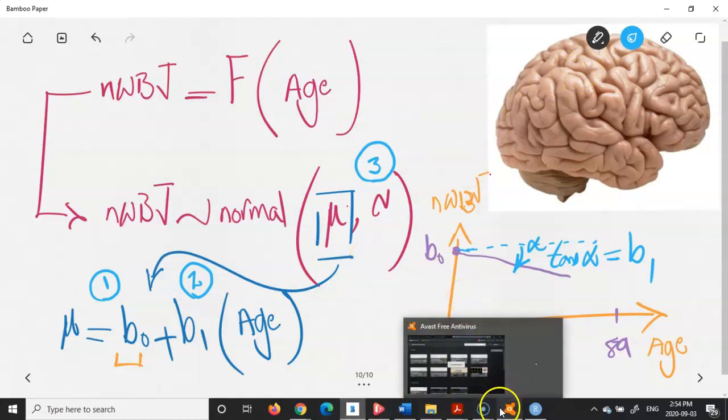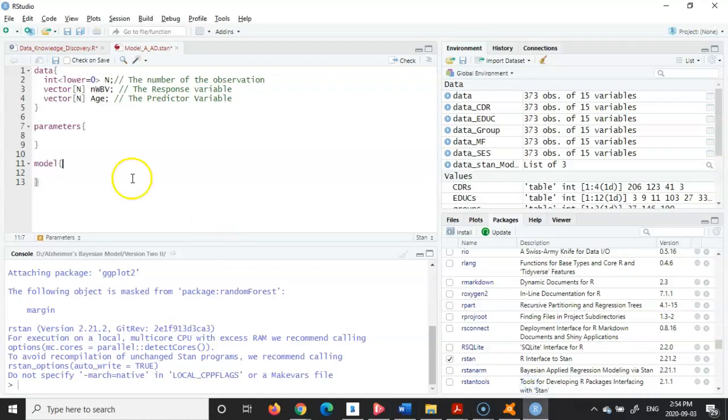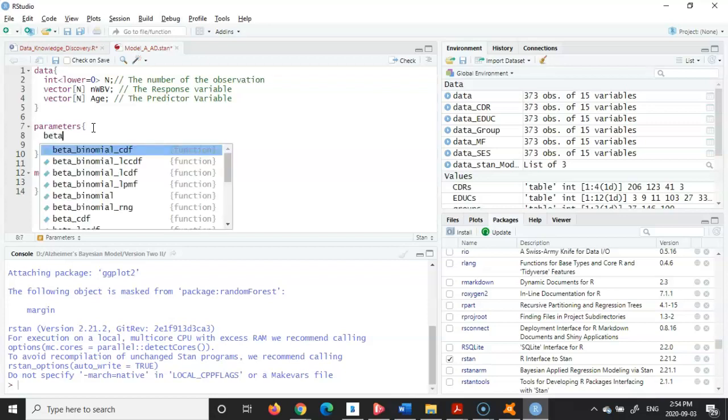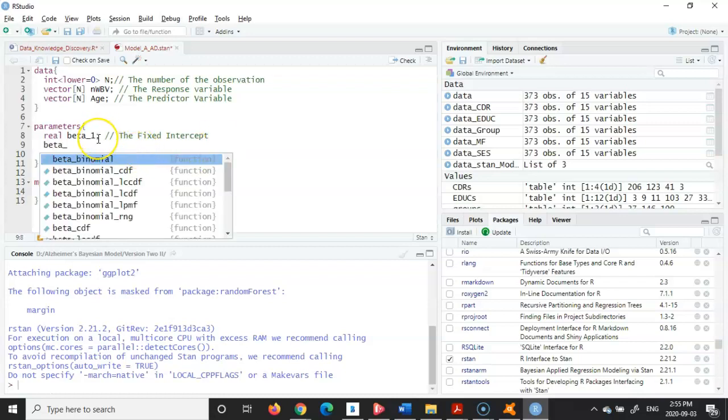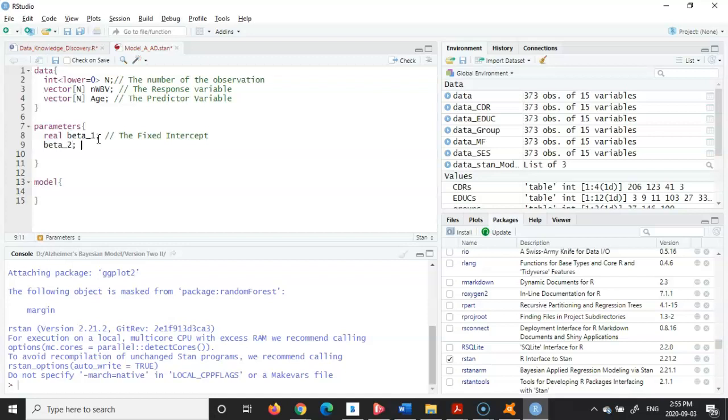Now that we are done at this stage, I'm going to go back to the Stan file that we had and complete the model. You saw that we have a couple of parameters. The first parameter that we talked about was beta. I call that beta 1, which essentially represents the fixed intercept, and I can call that a real number. And also we can talk about the beta 2,